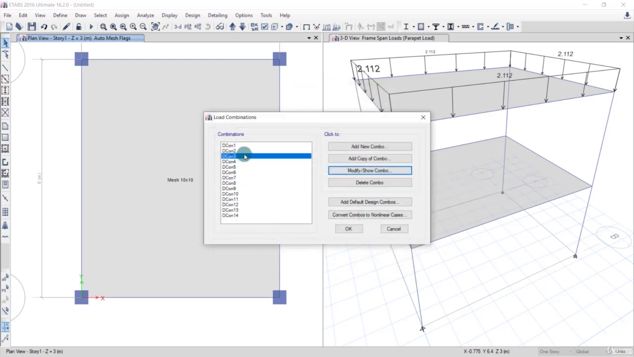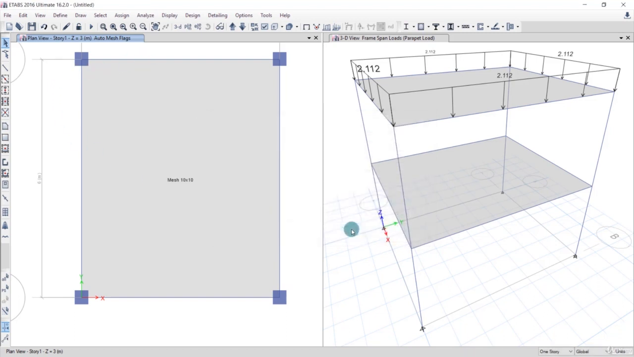Similarly, we get other load combinations, for example 1.2 times dead load plus live load minus earthquake load. So minus earthquake load means the earthquake load in the opposite direction. So we just click on OK over here. So now